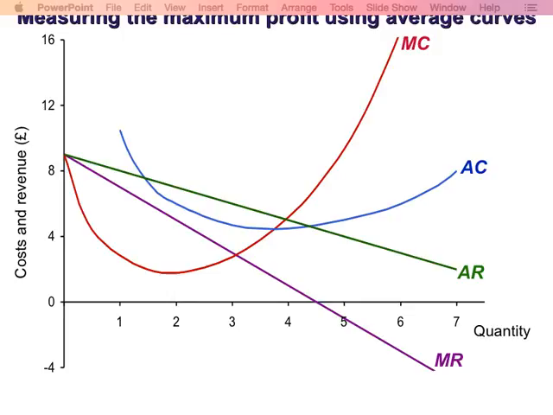Now notice, where is the maximum? It is where the distance between average revenue and average cost is maximum. So you have the average cost here and average revenue here, the green line and the blue curve. It turns out that the maximum point is where marginal revenue and marginal cost cross, where they are equal.